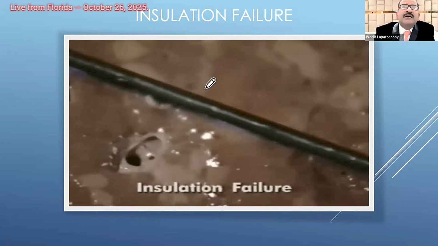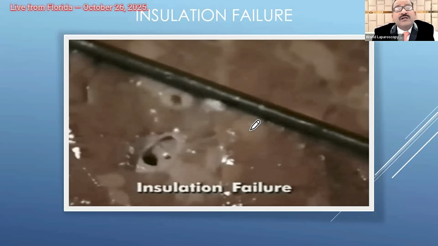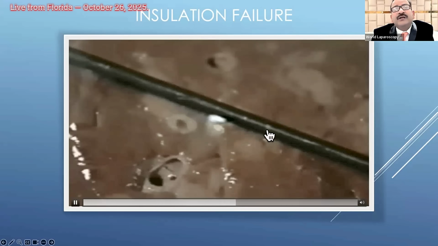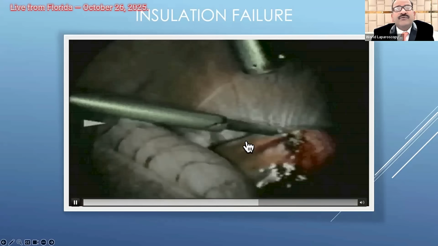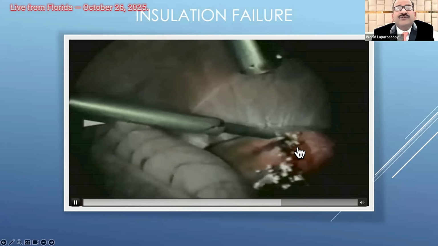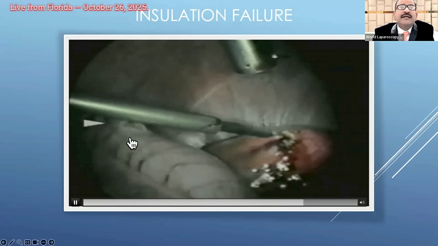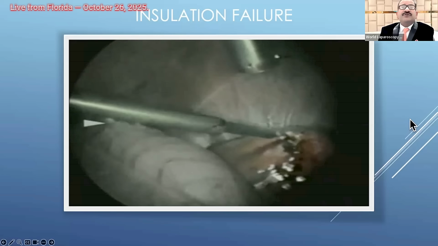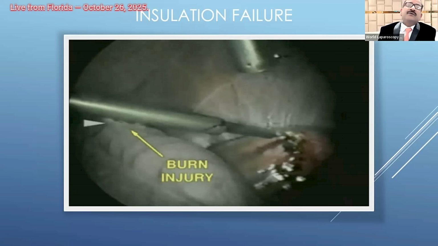And these types of burns are dangerous because they will not be known to you. Your patient will come on the third day with a perforation, because this type of perforation we generally don't see. Here you can see this is the uterus, and here the sigmoid colon is burning. So this type of insulation failure is dangerous. Now the last problem that can happen in